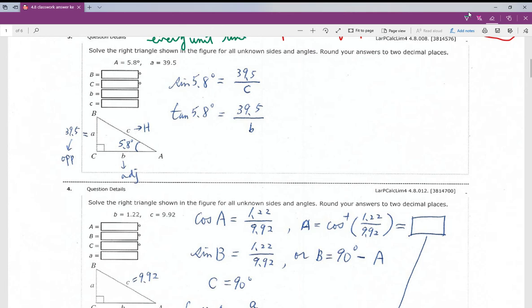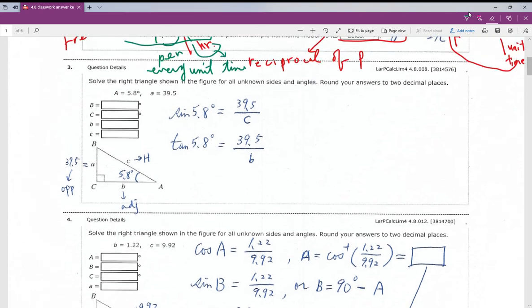Okay, number 3, just the calculating question. They give you angle A is 5.8 degrees. Whenever we are talking about anything on trigonometry, the best is you graph. And this question already provided the graph. So we just make sure we have opposite and adjacent. Here they provide the opposite and adjacent. If you have opposite and adjacent, you can easily,